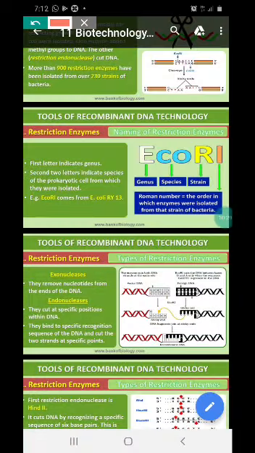This left side, written in red, represents the vector DNA, into which the new recombinant DNA should be introduced. Now this represents the foreign DNA from some other organism with the desirable genes, which is cut. Both are cut at the same specific palindromic site. That is important, right? And they are joined